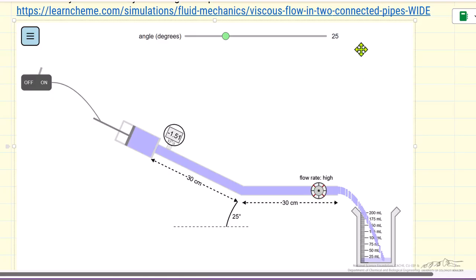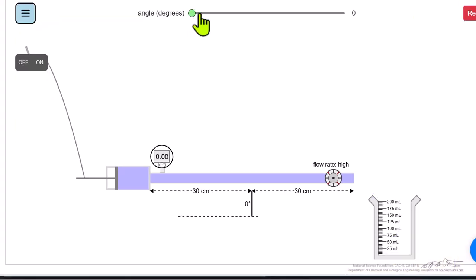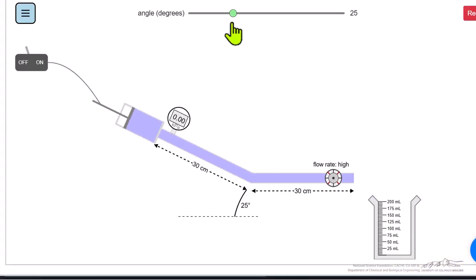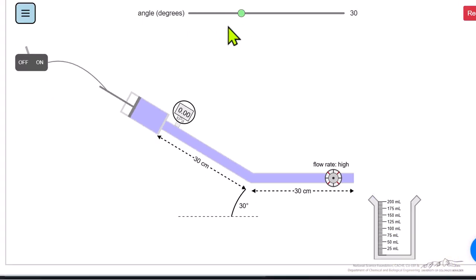So let's look at this simulation. We can change the angle, and the objective is to make measurements at different angles. We can select a high flow rate, a medium flow rate, or a low flow rate. And then when we turn it on, we start getting flow into the beaker as the syringe pump is slowly pushing